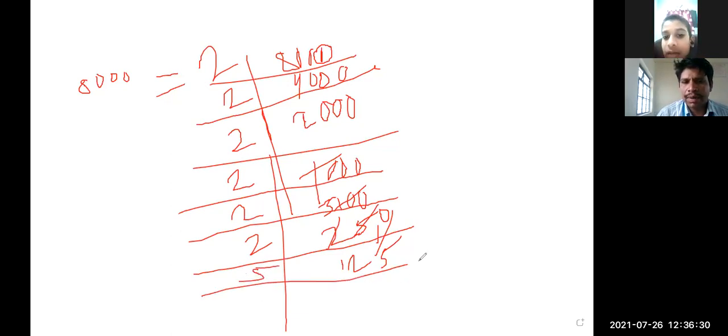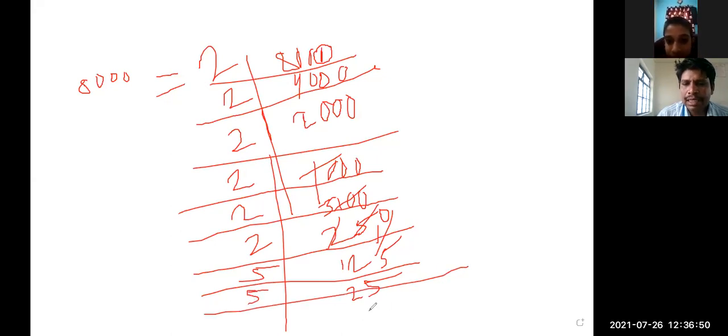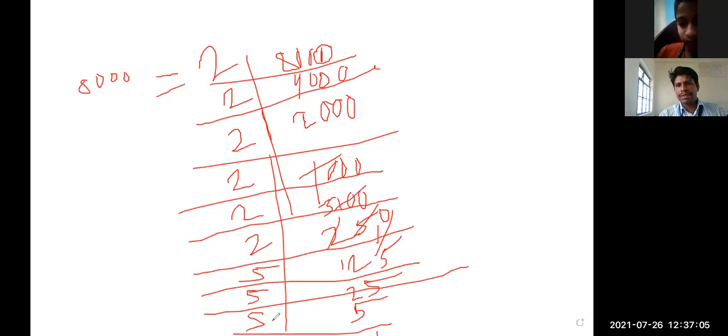5 1s are 5, 5 2s are 10, then 25 remains. Okay, what will we get? 5 5s are 25. Got it? Now again 25 is there, then we know that this 25 is present in 5's table. 5 5s are 25. And here 5 1s are 5, we'll get the answer 1. Now see what we have got. 2 multiplied by 2, multiplied how many times? 6 times 2 and 3 times 5.